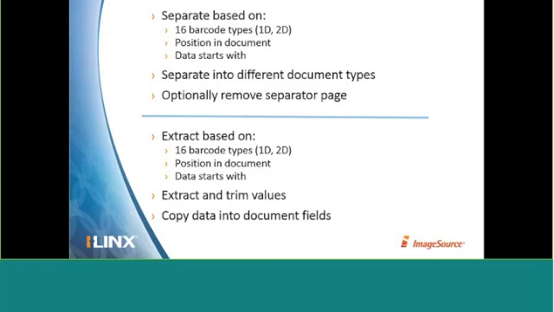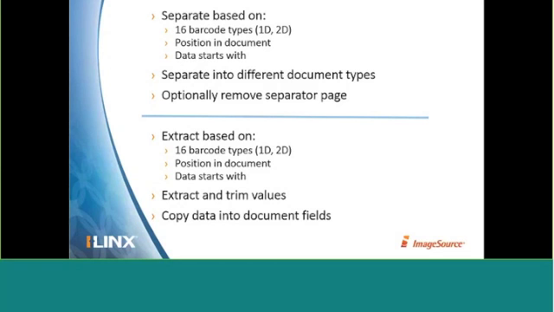Now I want to extract information. So we can extract based on the same 16 different types of barcodes, 1D and 2D. We can find specific barcodes based on the position in the document, and also based on what the data starts with. And once we've identified the barcode that we're going to extract,